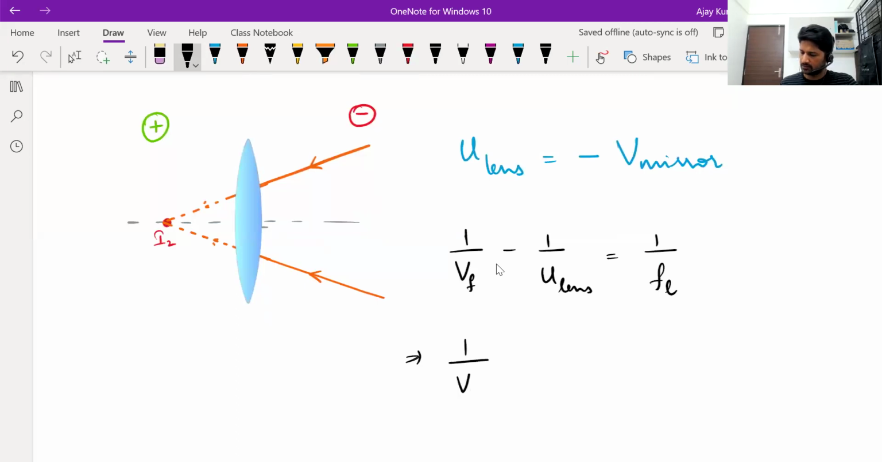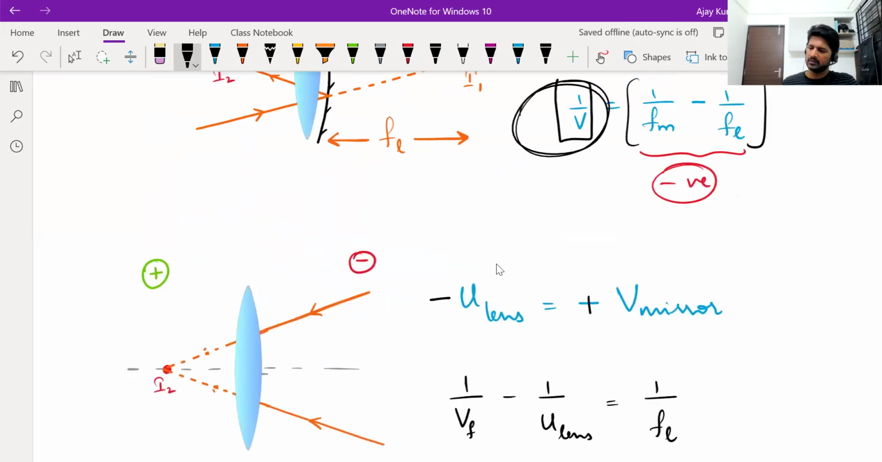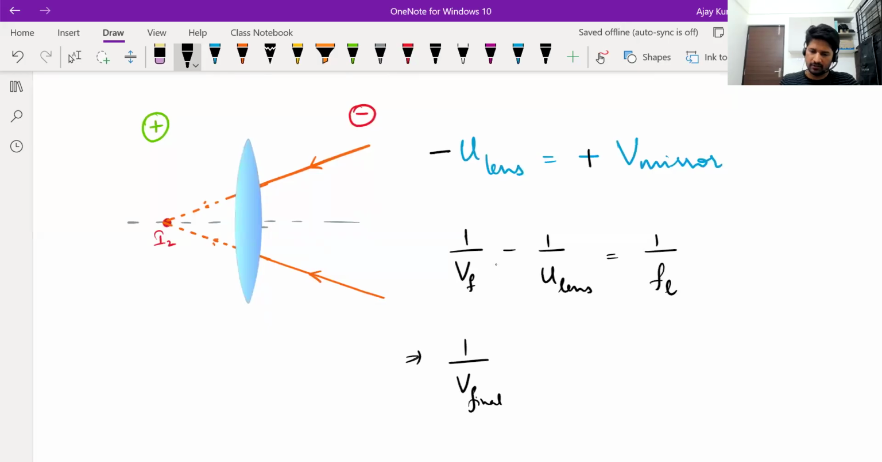So 1 by the final image position, minus 1 by object of the lens. See, object distance for lens is negative of image distance for mirror. So negative of object distance for lens will be positive of image distance from mirror. So minus 1 by U can simply be taken as 1 by V from here, which is 1 by Fm minus 1 by Fl. So plus 1 by Fm minus 1 by,